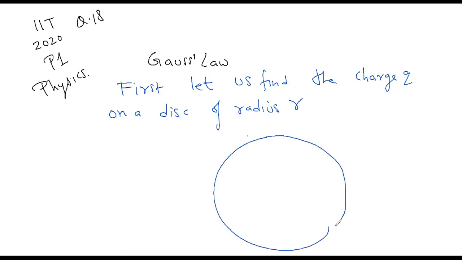So this is the bigger disk of radius capital R, and this is the smaller disk of radius small r. Now let us consider a disk inside